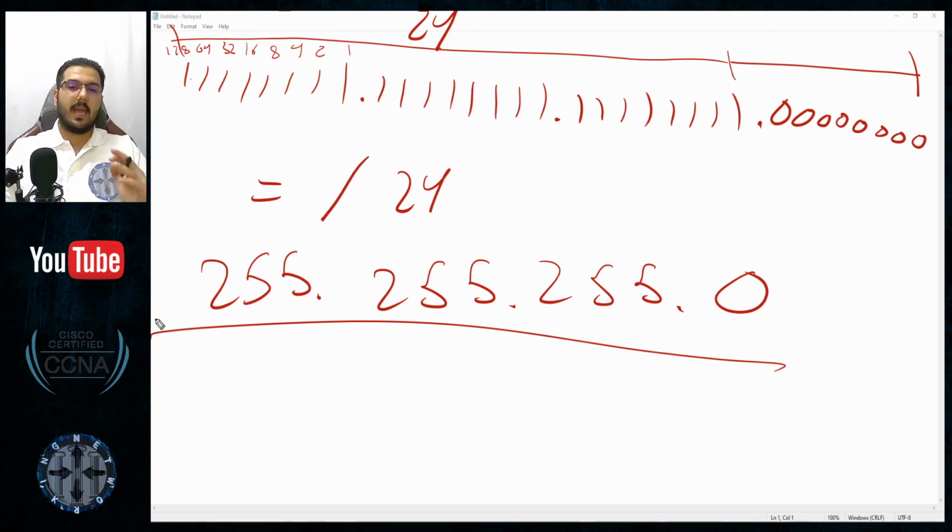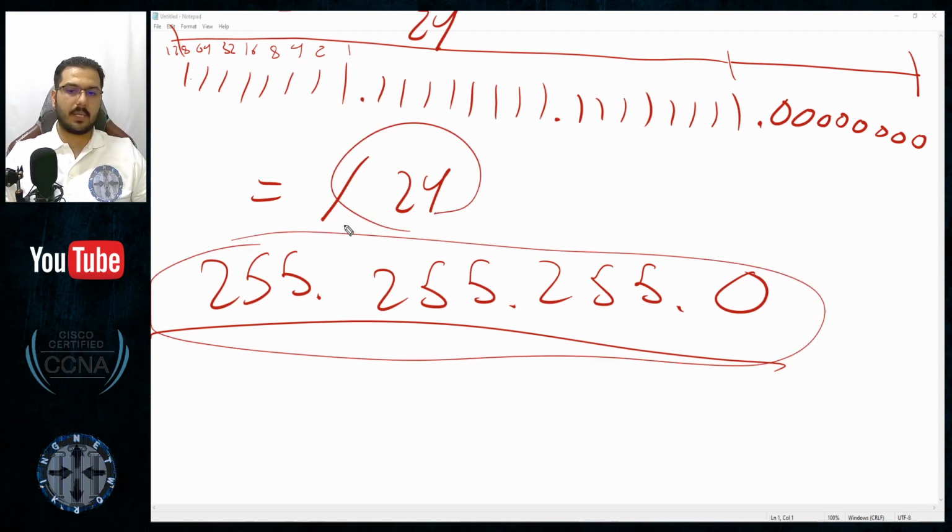Someone just told you that, hey, I have a subnet mask, or I've just seen a subnet mask that looks like that. They just gave you the binary value, and they fled away. Leave them to flee away, and we can understand from this that I will only look at the ones part and combine it, and I can even convert that to decimal, and I can understand so many things based on that.